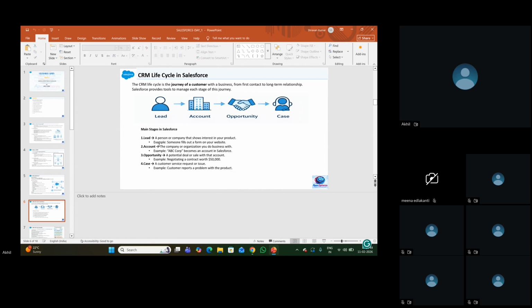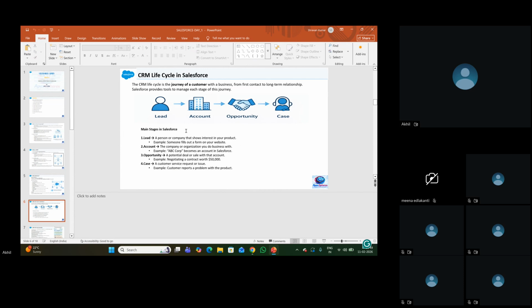Once we got the lead in Salesforce, the marketing cloud part is done. Marketing cloud is something we use to market our application with the help of campaigns, and we get the leads. Now we are into sales cloud. The next part is sales cloud, and we'll see how it works in the real world.